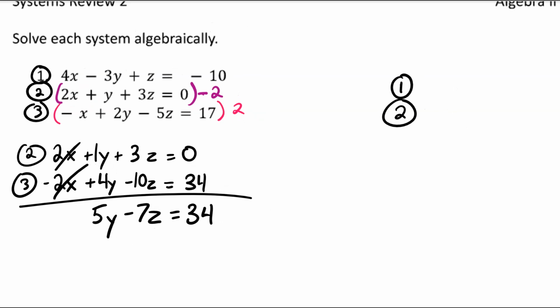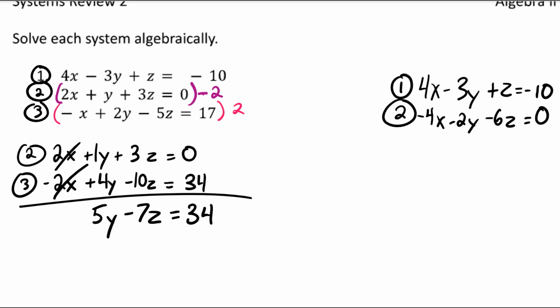So keeping the first equation the same, that's 4x minus 3y plus z equals negative 10. Then if I distribute the negative 2 to the second equation, that would be negative 4x minus 2y minus 6z. 0 times anything is still 0. So make sure you're being very careful as you're going through that. And when I add these next two equations, my x's cancel again, and I get negative 5y minus 5z